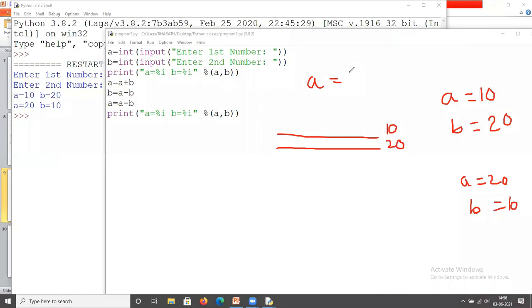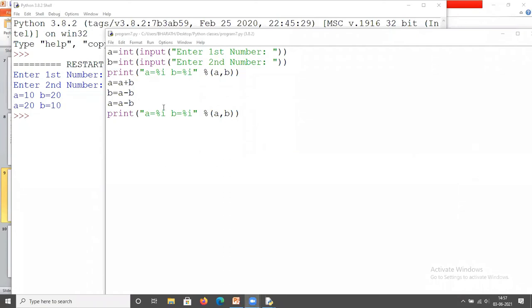10 plus 20 means 30. And B equals 30 minus 20, that means 10. And A equals 30 minus 10, that is 20. Same program. Here we are swapping these numbers with the help of addition and subtraction. And similarly, by using multiplication and division also, we do the same.